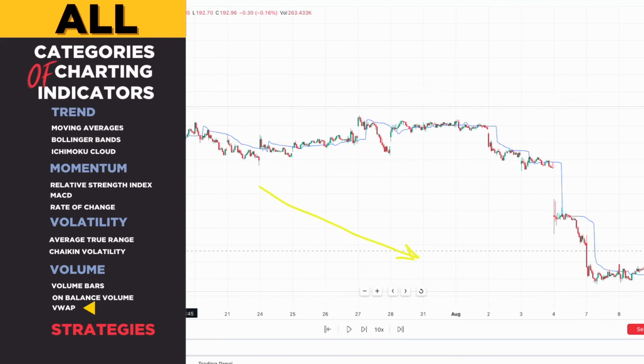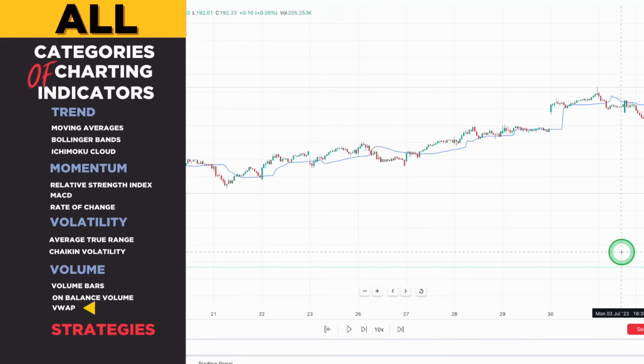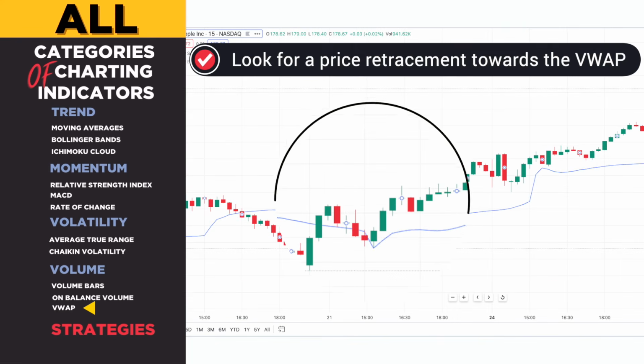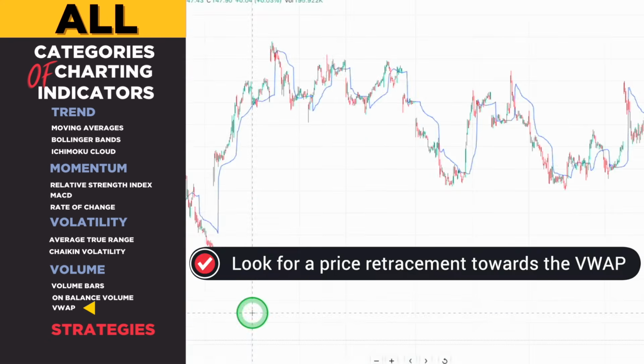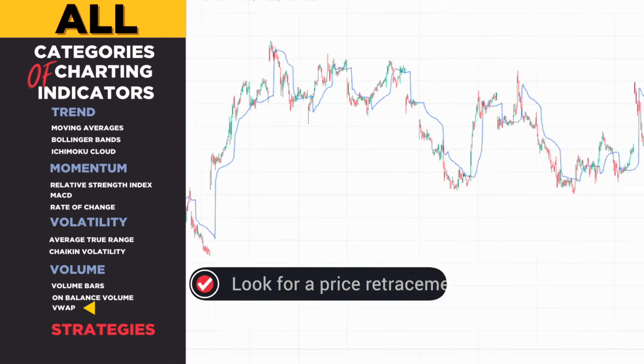Here are the steps to use the VWAP. Just taking a look at this 15-minute chart on the stock that you're looking at, keep an eye out for the price to pull back to that VWAP. If the price bounces off of that VWAP, then this could be a signal to enter the trade. On the other hand, if the price is trading below the VWAP, comes up, has a little rip, and bounces back down off of that as a retracement,